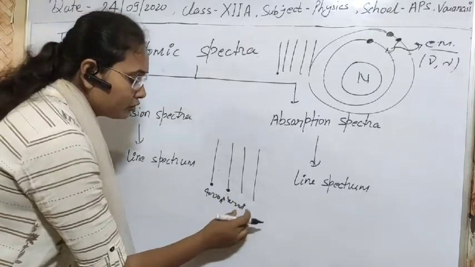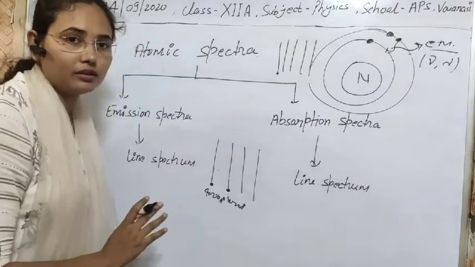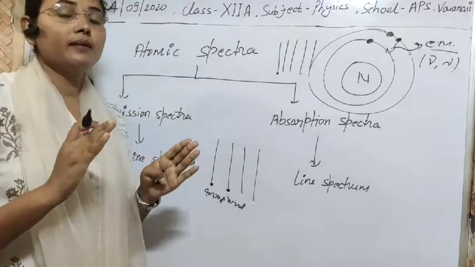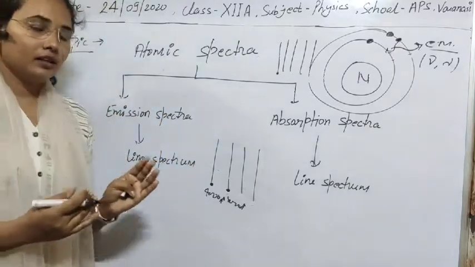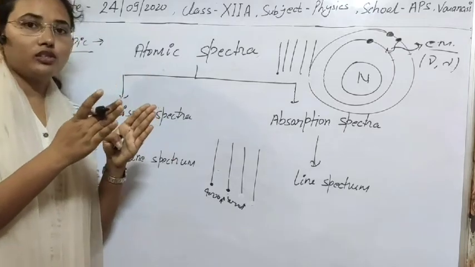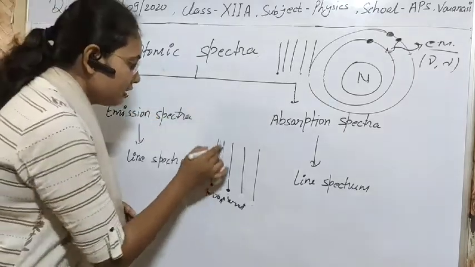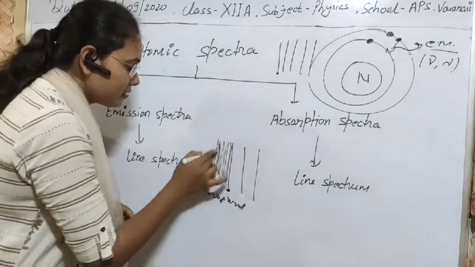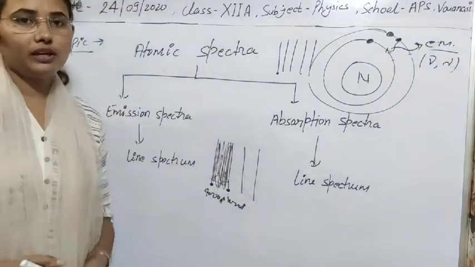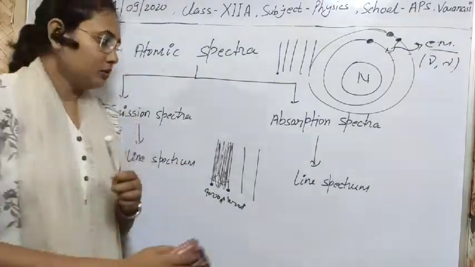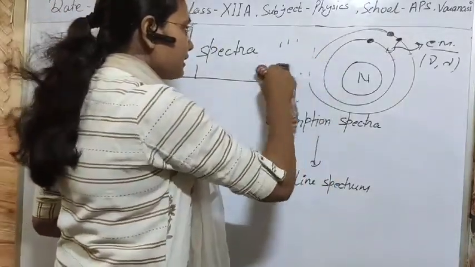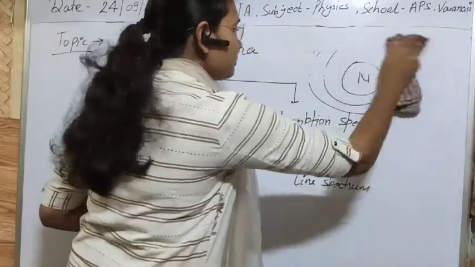Suppose that from 4000 to 5000 is the wavelength of red in total, meaning for the 1000 angstrom wavelength we will always get red light. It means that this is a continuous form of red light for the 1000 angstrom, so definitely we will get some form of band strip. This type of spectrum is known as band spectrum. So I think now it's clear to you what is line spectra, what is band spectra, what is emission spectra, what is absorption spectra.